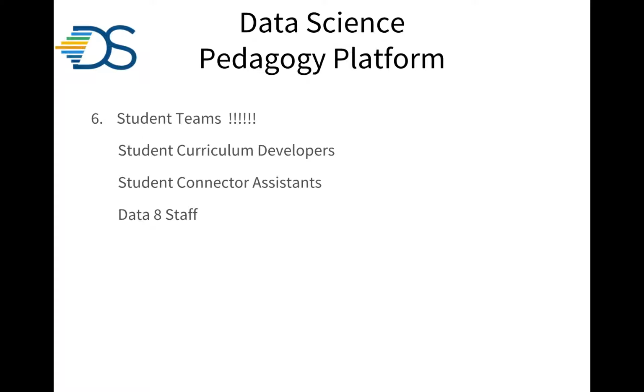In the connectors, we have students that serve as helping their fellow students learn in the connector classes. The Data 8 staff, I don't know, what do you think? It's like hundreds? Maybe 100, 150 undergrads just work to run that Data 8 class. And they get the experience of teaching. There are tutors, there are UGSIs, there are people that run lab sections, there are all these different ways that they learn by helping each other. And I think it's a really awesome part of the pedagogy that there's this culture of students teaching other students.